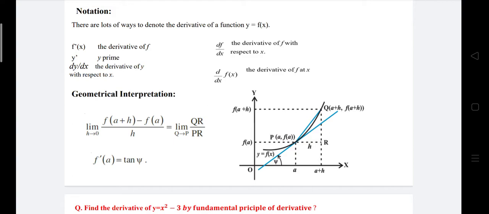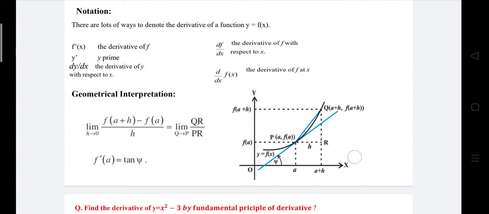In that geometrical interpretation, if we draw a tangent at a point A, then this tangent meeting at A will have a positive inclination of psi degrees. This is the psi degree. So that psi degree, and tan psi, will give the derivative at a point A. That means if you are going to calculate a certain function's derivative at a certain point, you make a tangent, and that tangent will give you the changes. Okay, or that slope will give you the changes. That part we will discuss in future.